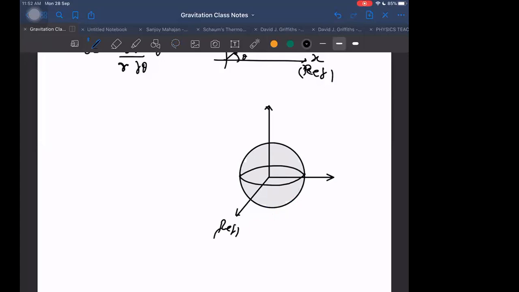What they do is they take this as a reference line, and from here we take a plane at an angle, which they call phi. Then that plane will be cutting the sphere and making a circle in the sphere. After getting that circular path in the sphere, in that we will be taking